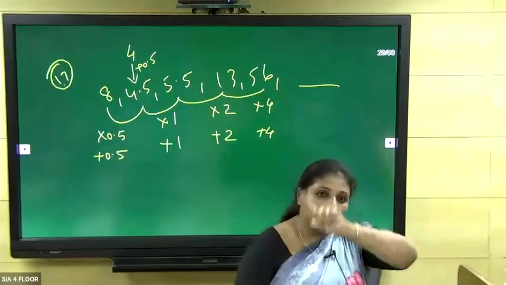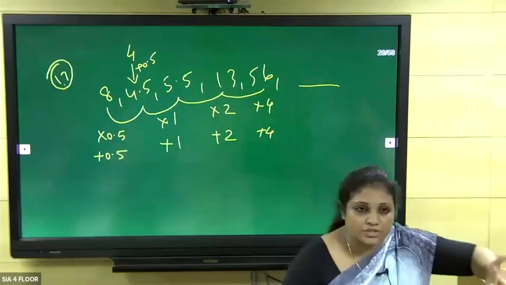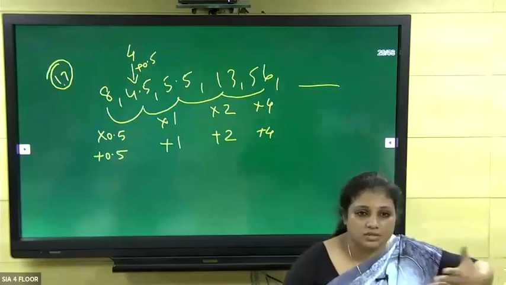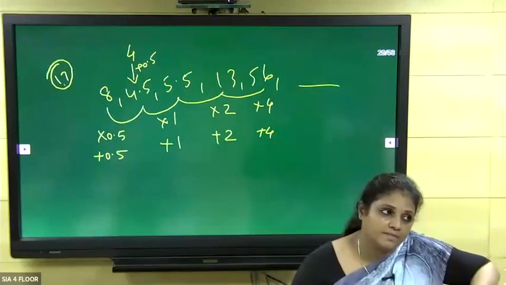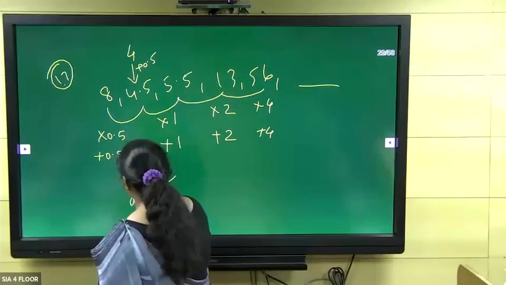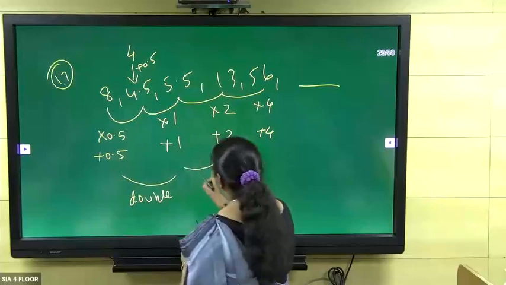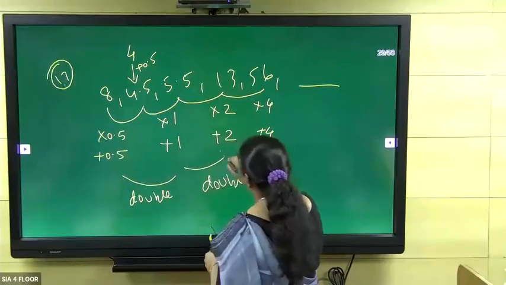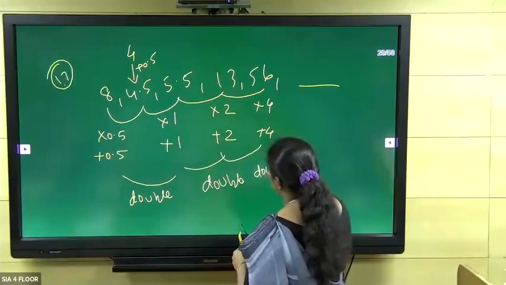But when it comes to the overall frame of number series, I have to teach you this. So that's why I'm telling you, but this is not going to come in CSAT. It's very, very rare. Okay, so this number is a double of this number. And this number is a double of this number.